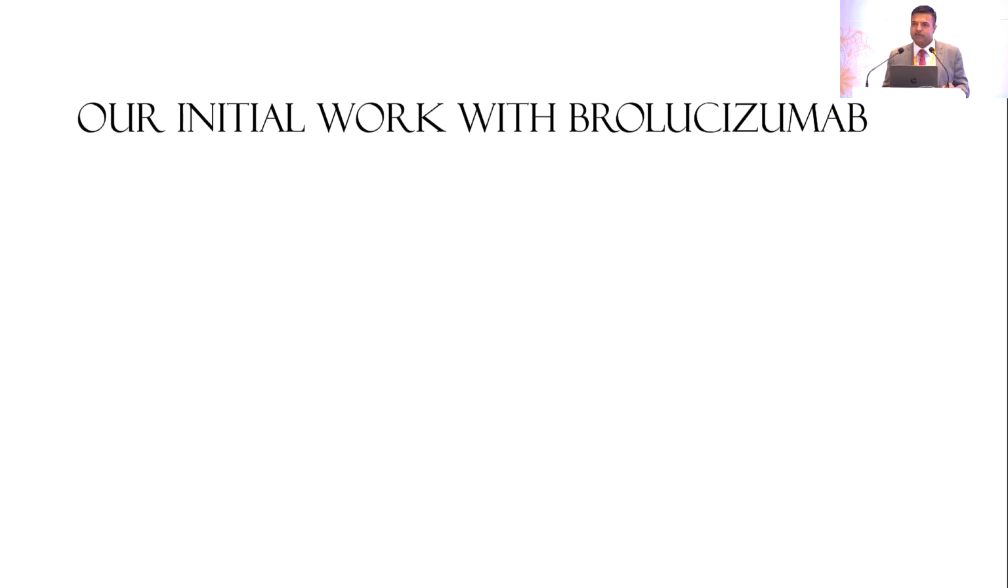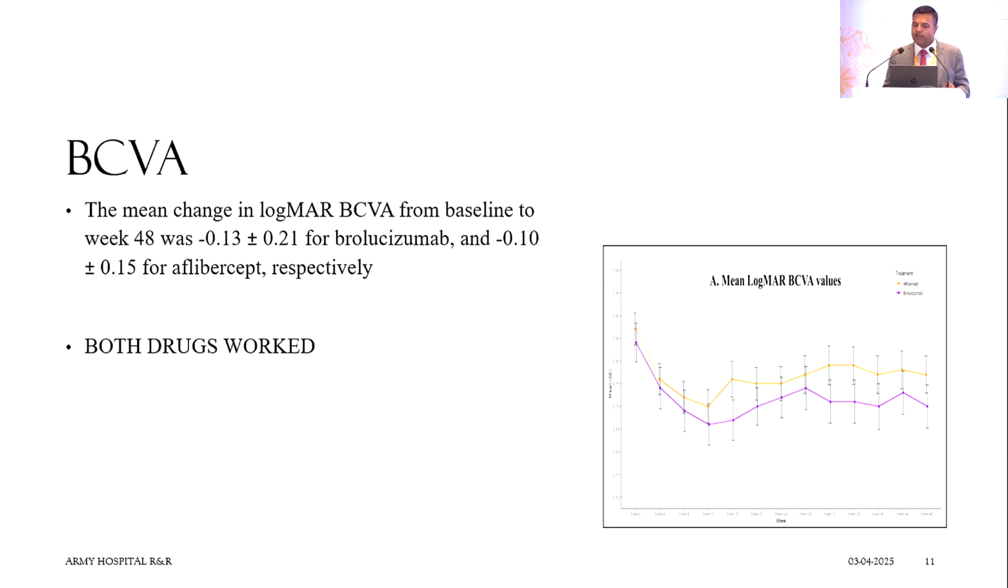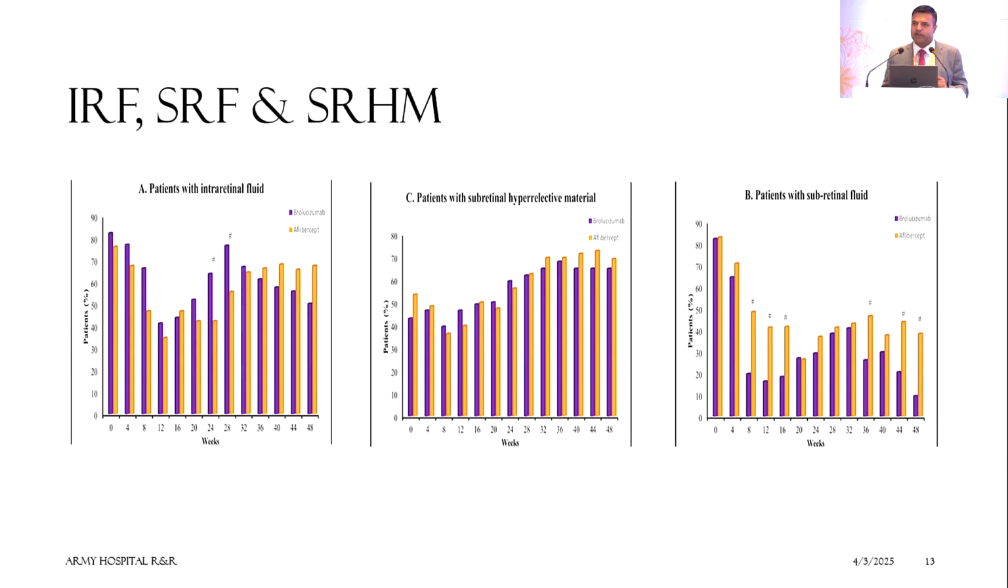So our initial work with brolucizumab got published in 2022, where we spoke about neovascular AMD. In this case, we had taken treatment-naive neovascular AMD cases, and the best corrected visual acuity at the end of 52 weeks was a shade better than aflibercept, but it was not statistically significant. What was statistically significant was a reduction in central macular thickness. The molecule brolucizumab had a much greater drying effect, and this drying effect was specifically seen in the subretinal fluid